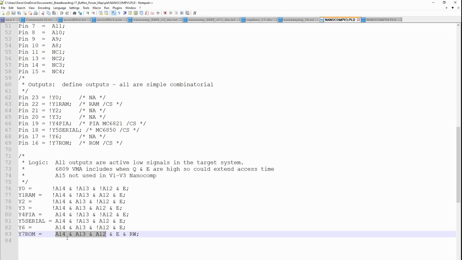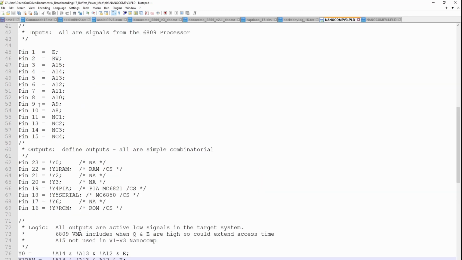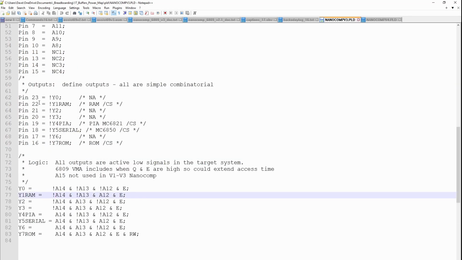So these were the three address lines that were feeding into the decoder. When they're 111, we get the ROM, and when they were 001, we get the RAM, and then the PIA and the serial port are in here as well. So these are the rules that we're using, and then the only thing is, because the chip selects are actually active low, we're just using these values here inverted. So this defines the rules that tells us how to reproduce the current address decoder.